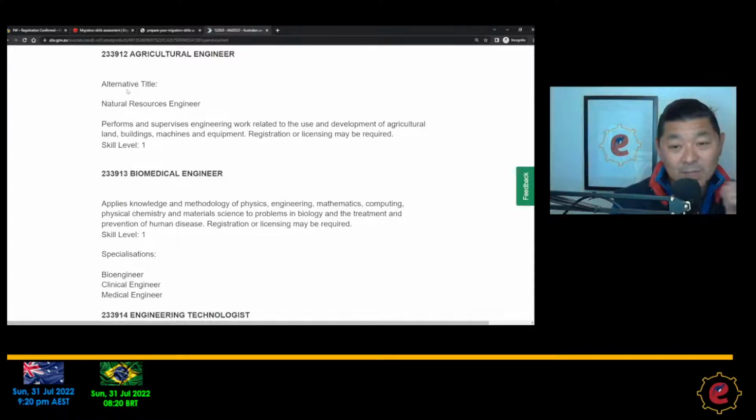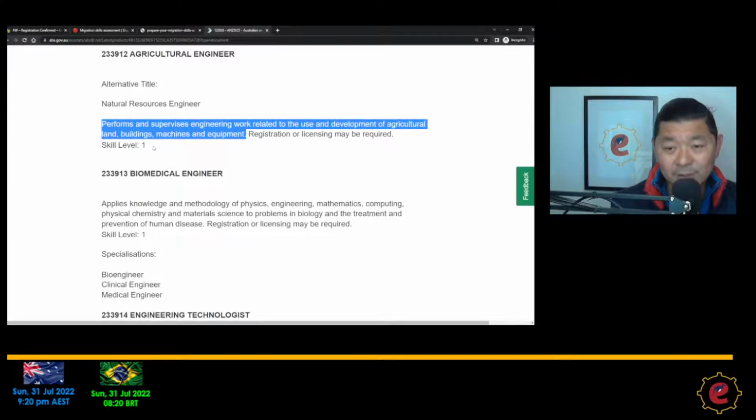There's an alternative title, natural resources engineer. It performs and supervises engineering work related to the use and development of agricultural land, buildings, machines, and equipment. So this is the definition of an agricultural engineer here in Australia.